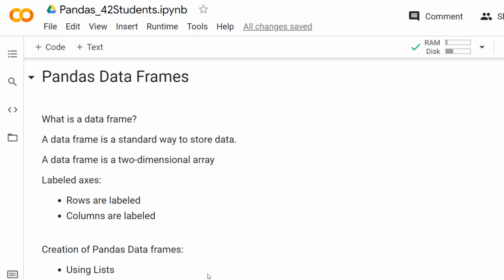In the last video, we discussed the series data structure that is supported by pandas. We have seen how to create a one-dimensional structure using the series data structure. The major limitation of series is that it allows you to create only a one-dimensional data structure. That is, you can organize data either as a row or as a column.